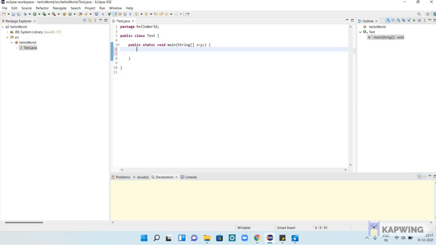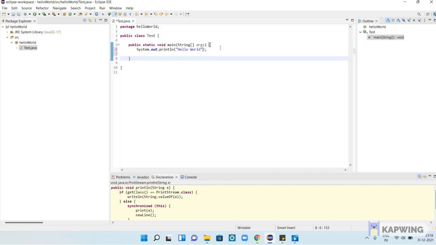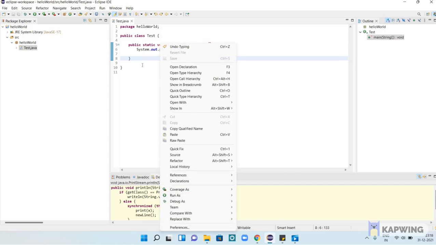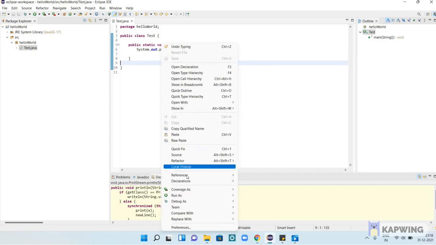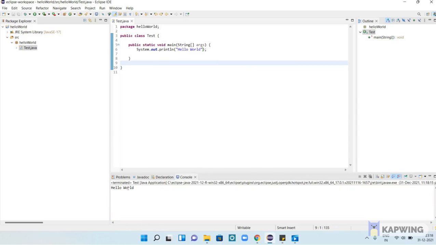Let's see. After this we need to run. In the console it's printing hello world. That means Java is working fine.